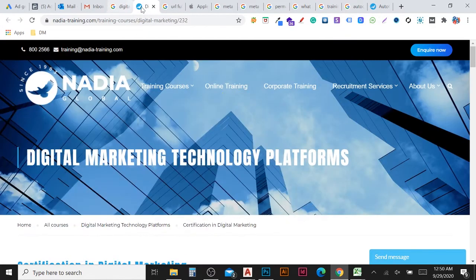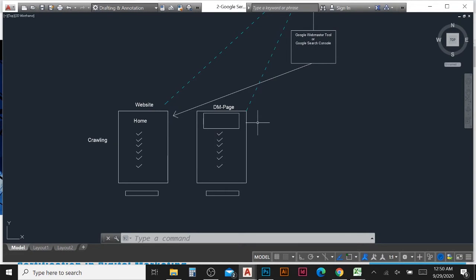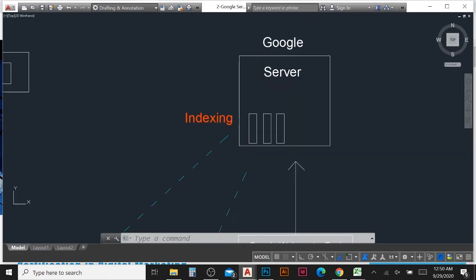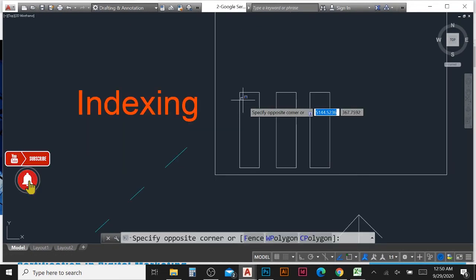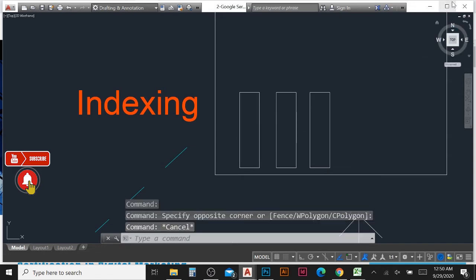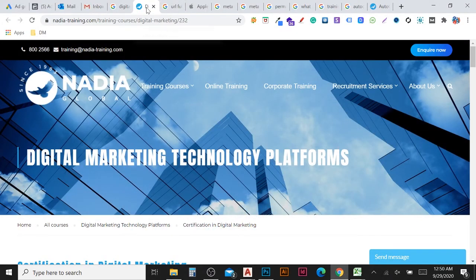But you can find the meta title, not the meta description, when you hover the mouse over the tab at the top section. That is exactly on the top. For example, this is the indexing part, the first index page. Before, I mentioned the label, right? So that is the meta title here.